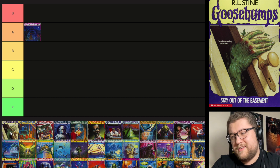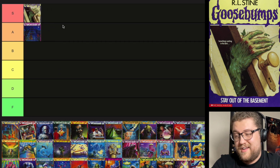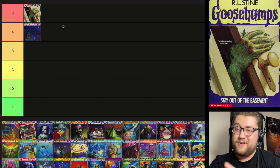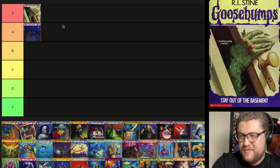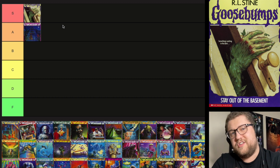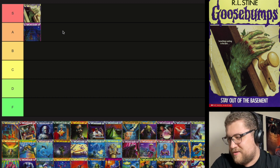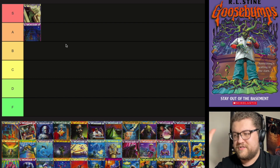Now, Stay Out of the Basement, I think, is even better. This one is absolutely terrifying. I mean, this whole book spooked me to my core. I remember the girl cuts her dad open with an axe or something, and it was the green monster one, but we didn't know that. That was pretty hardcore. Jesus, man. In the next print run, this was actually one of the few covers they changed, and